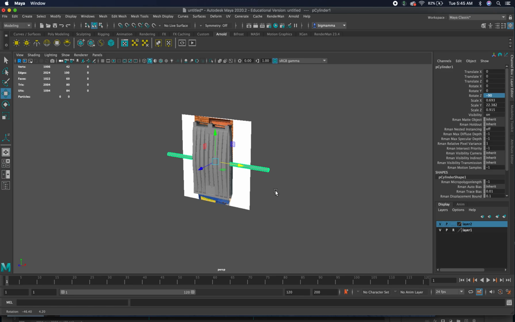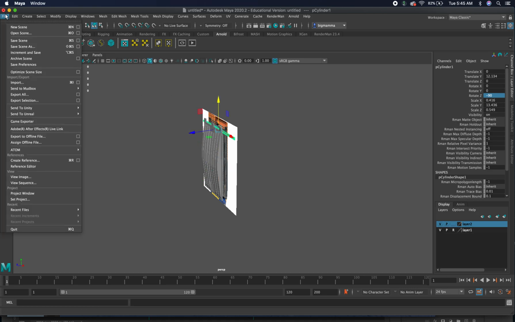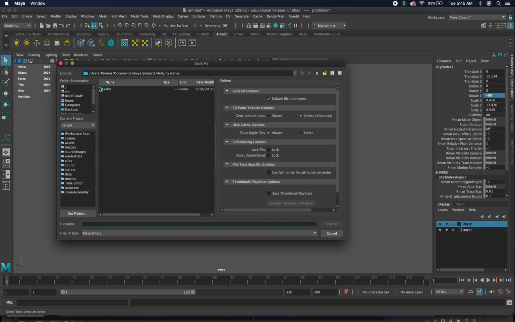And I'm already teaching you bad practices. You definitely need to save this, and I'm lucky it just hasn't crashed. So definitely save your scene. I want to do Save Scene As, go to my dumpster